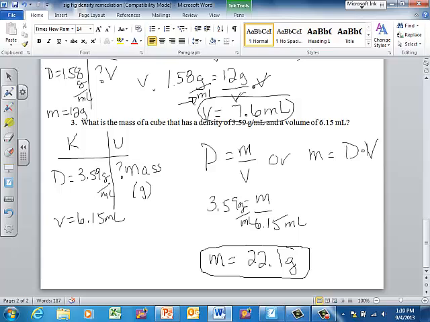Okay, I hope that helped clear up some difficulties with sig figs and density. Bring this the next time as evidence that you've done your remediation, and let me know